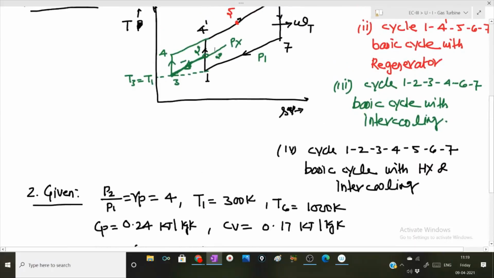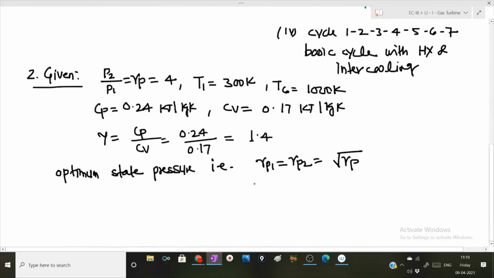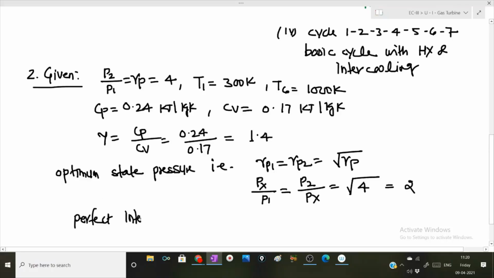Rp1 is the pressure ratio in the low pressure compression, that is Px by P1, and Rp2 is the pressure ratio in high pressure compression, P2 by Px. So Px over P1 is equal to P2 over Px. Okay, and the value of Rp is 4, so this will be 2. Then optimum stage pressure, perfect intercooling,